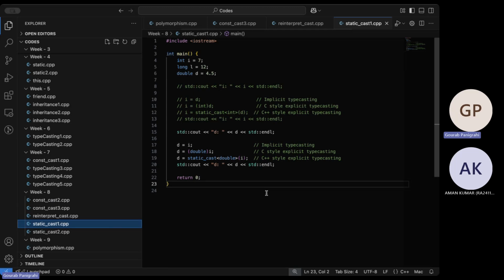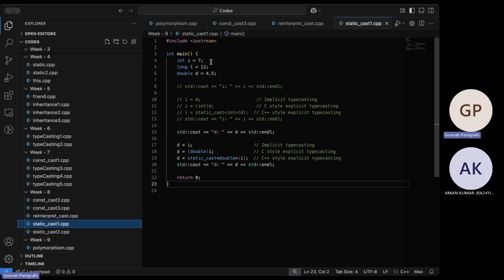The next one is static cast. That was for pointers, and this is for actual variables. Here we take an example of some integer, long and double.